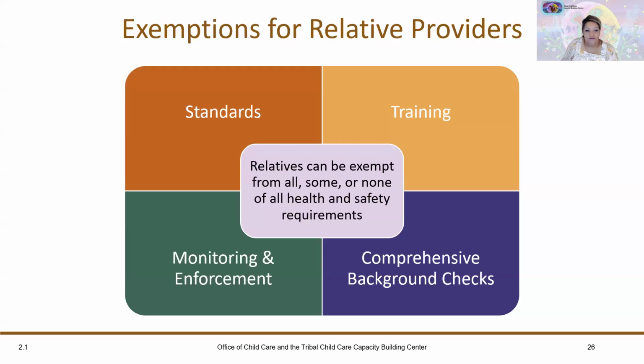As a reminder, if you allow relative care and you pay non-relative providers, you have the authority to regulate as indicated in Section 2.2. Then you will add the information about the requirements or exemptions for your relatives in Section 2.3 as applicable. However, if your CCDF program only pays relative providers and there are no non-relative providers that you regulate, the Section 2 will not open to you in CARS. You will instead enter all the information about relative providers in Section 2.1 of the plan.